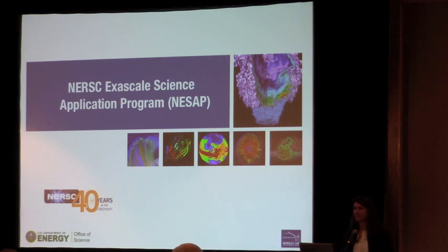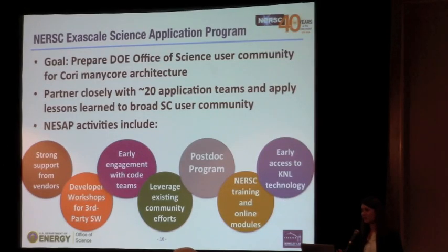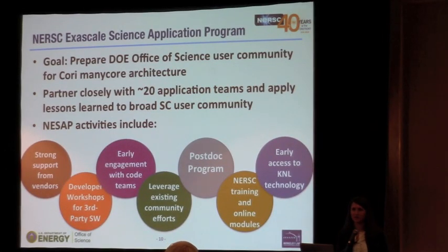This is the NERSC Exascale Science Applications Program. And our strategy is really to target 20 application codes and work deeply with those teams and take the lessons learned from working with those application teams and share it with our very, very broad community. I mean, I think at NERSC we have no other choice. We can't work with every single application team, and so we have to put a lot of emphasis on teaching and training and webinars and having great documentation for our users